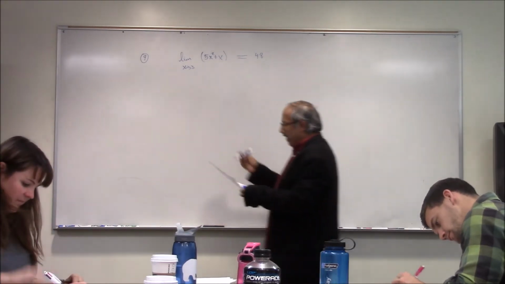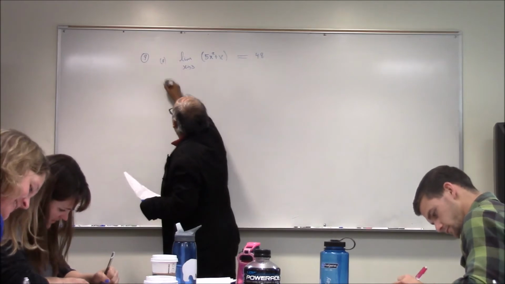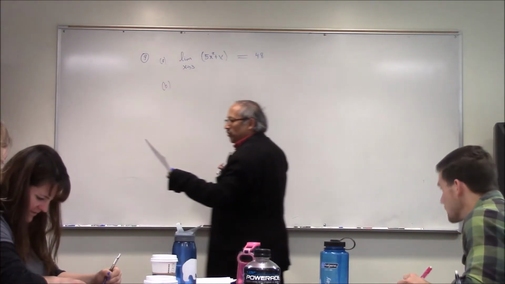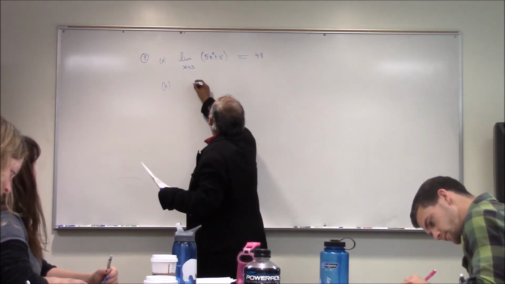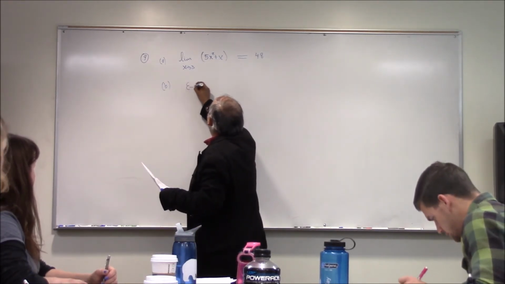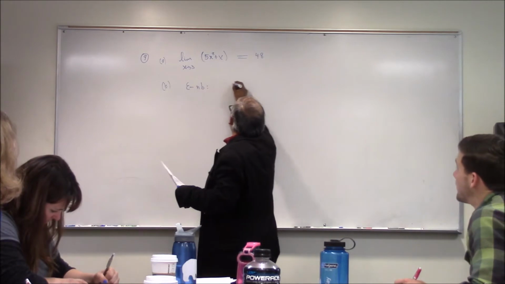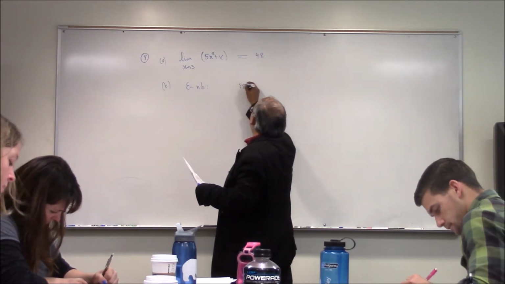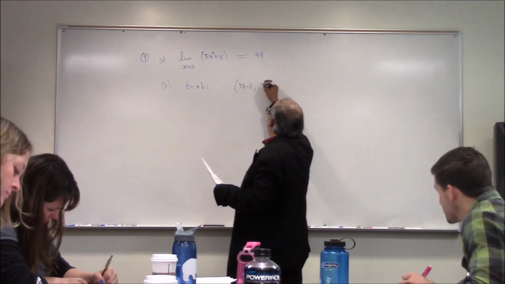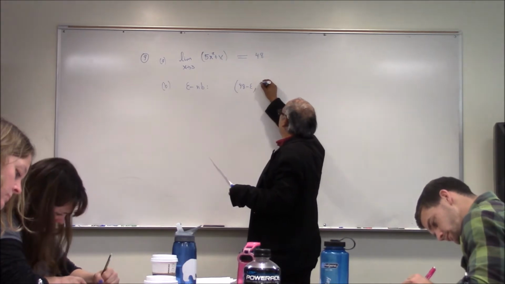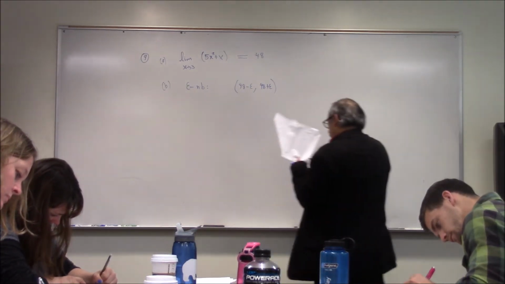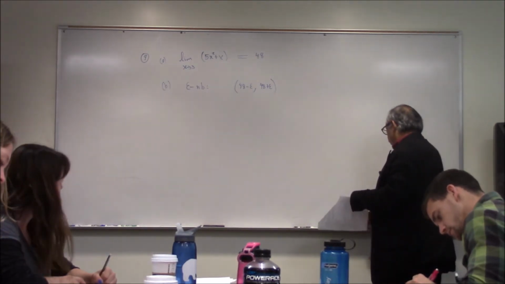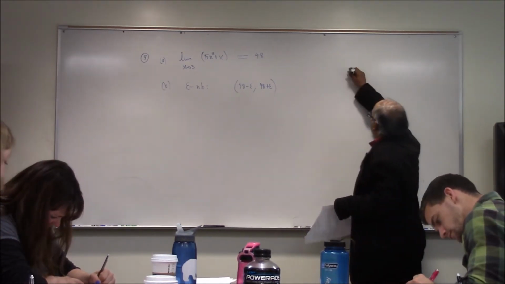Okay, part B. We got 2 points. Give a general epsilon and compute the epsilon neighborhood. What is the general epsilon here? The epsilon neighborhood is 48 minus epsilon, comma, 48 plus epsilon. If you want to make a picture,